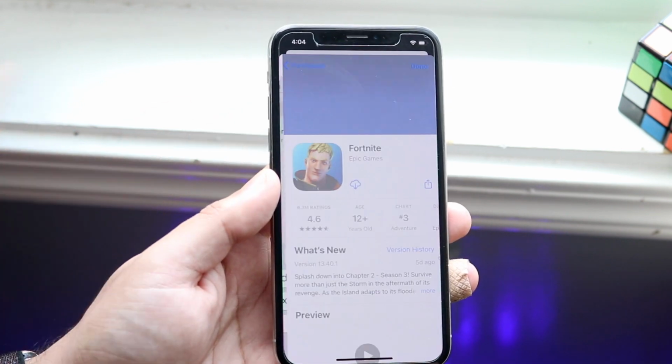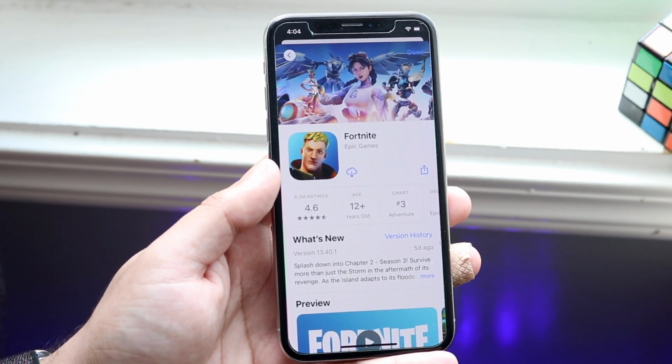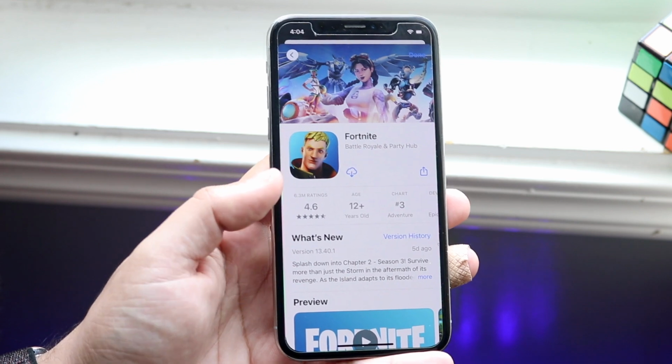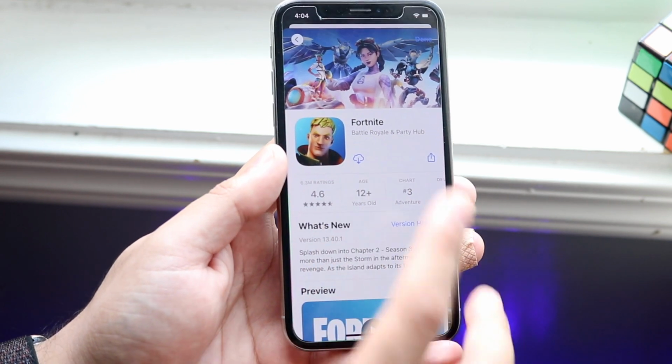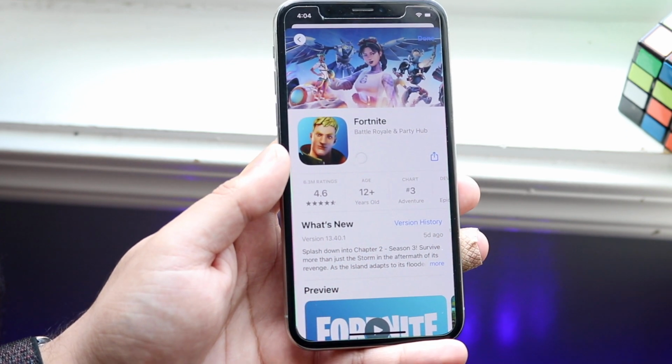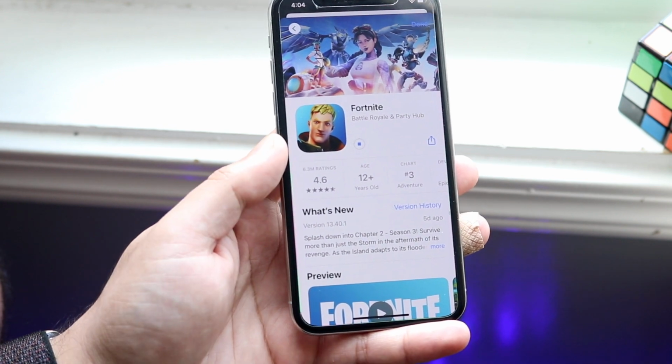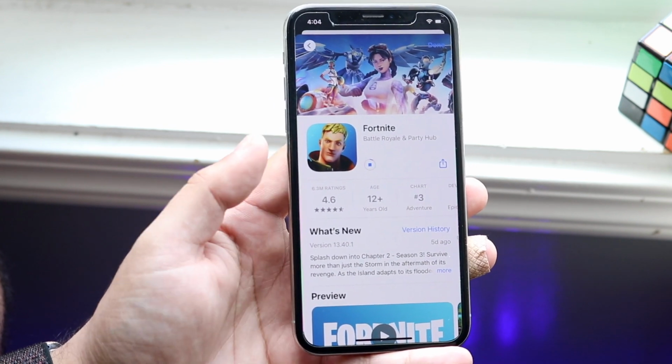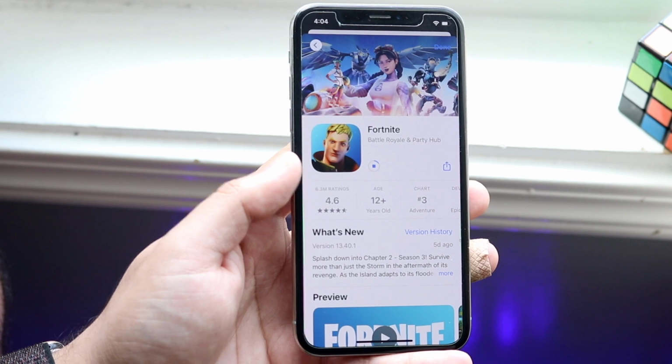And for us, we can go and tap on it, and we'll come straight onto the Fortnite page right there, which is huge. And from here, you can go and install it. So you can go and click this download button, and it'll go and install from the backup that it had before. And as you can see, it's installing. So even though it's technically blocked and we can't see it, you can still install it this way.